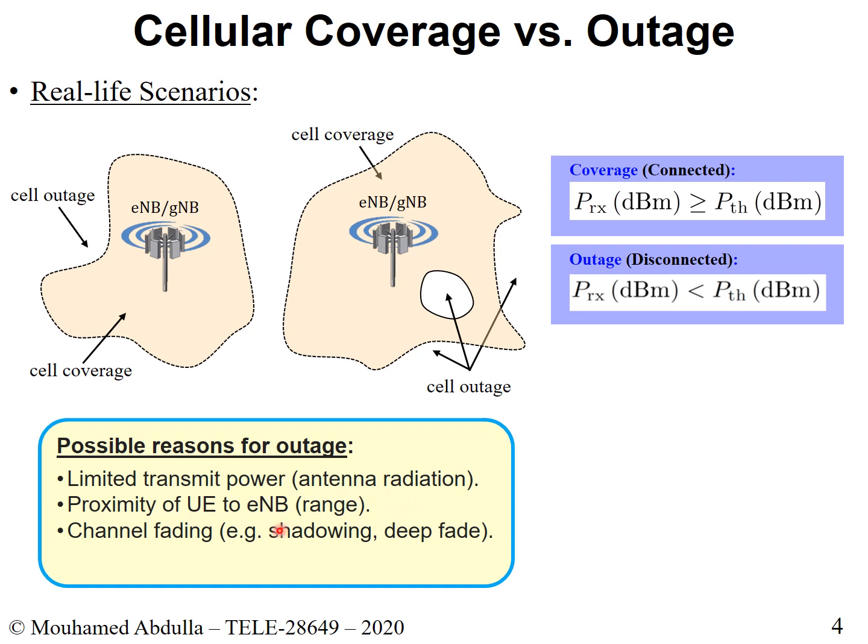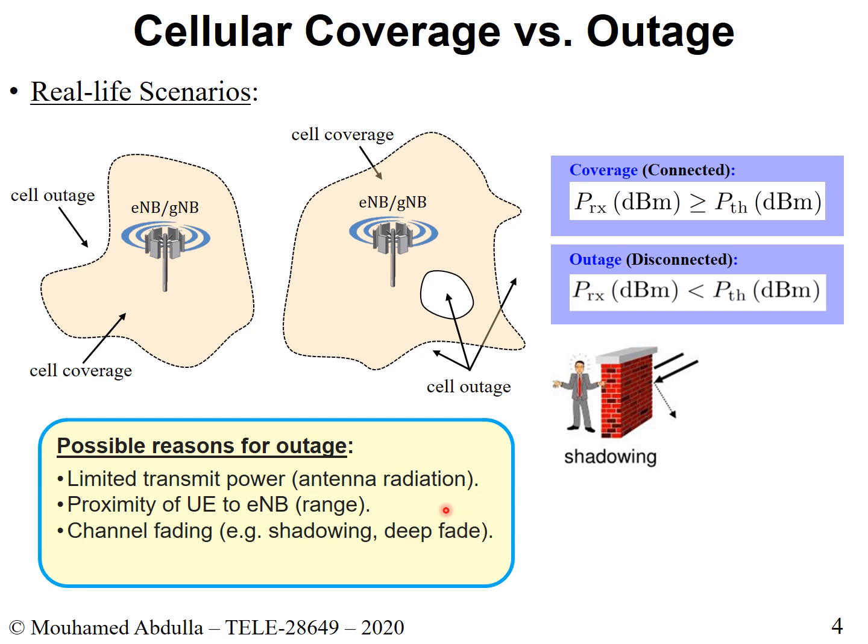Another reason for being in outage is that there are a lot of issues on the channel. The impact of fading is strong. So one important reason when we look at outage is shadowing. Shadowing is caused by the different obstacles that you have. For instance, a building, especially if the building is made from metallic structure. It could be concrete as well, but metallic is even worse. So this will completely hinder your signal. Perhaps some of it will pass, but in general, it will hinder it. It will shadow the signal, and your performance will be bad.